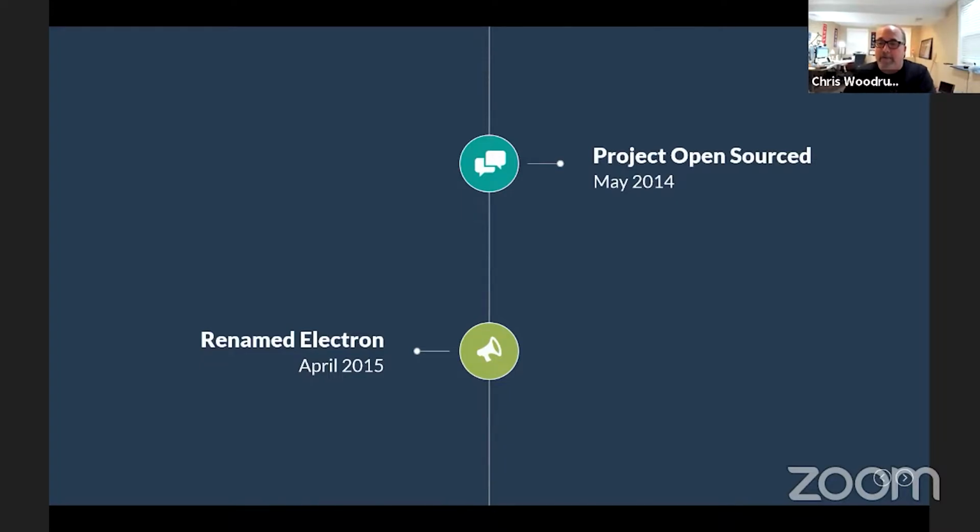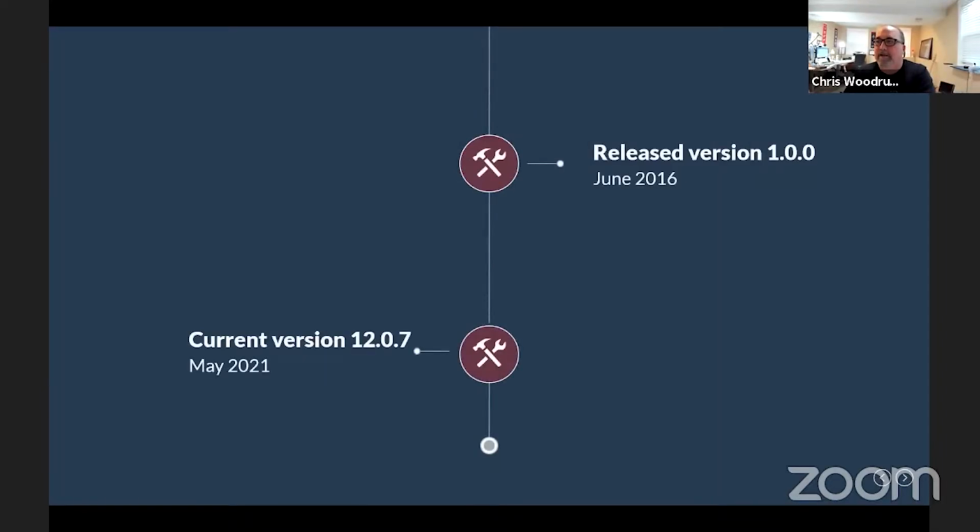So in April 2015, it was renamed to Electron. I don't remember what the original project name was, but in 2015 it was renamed Electron.